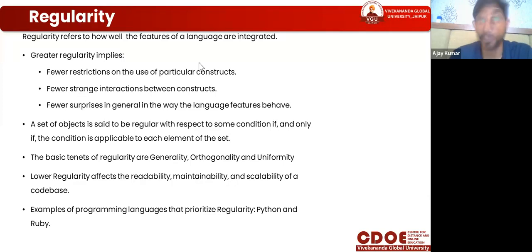It means all processes, all functions, all types of sequencing, all types of steps, all types of restrictions are fewer there. In these languages you don't write much code to define these kinds of functions, but use simple means. In other languages your procedure needs many lines of code, but in Python you just put a text type keyword and that follows all types of procedure. So that is about regular languages.